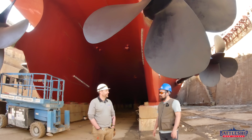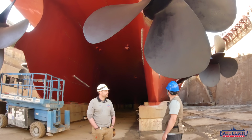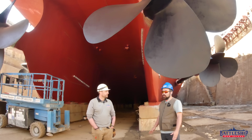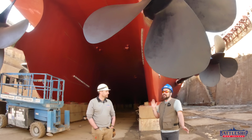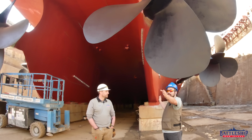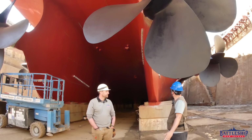How about maneuverability? Maneuverability is an interesting one because in theory, much like the bilge keels dampen out the roll of the ship, these massive great vertical fins sticking in the water should resist the turning of the ship. But potentially you could have a beneficial effect of the fact that obviously the skegs are in line with the rudders, which are just behind the camera,